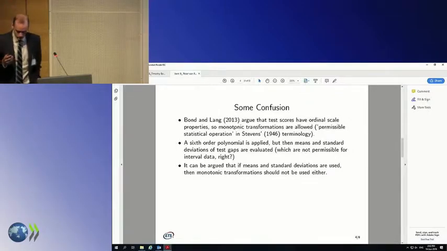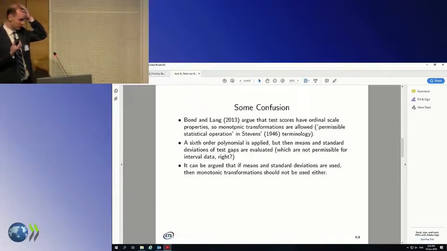I did have some, the confusion is with me. In the first paper, the 2013 paper, you argue that test scores have ordinal scale properties, so that monotonic transformations are allowed, which is an admissible or permissible statistical operation in the terminology of Stevens. So you apply a sixth-order polynomial, but then you look at means and standard deviations